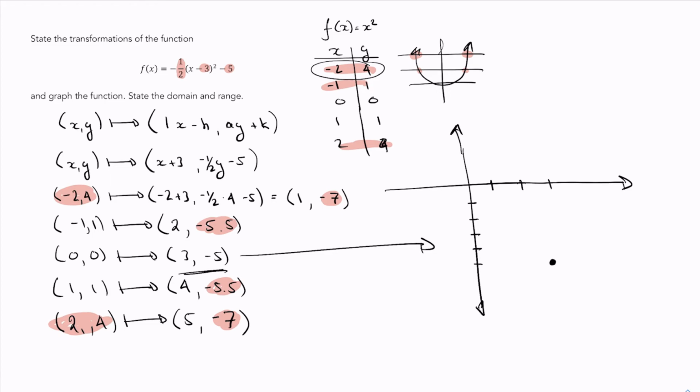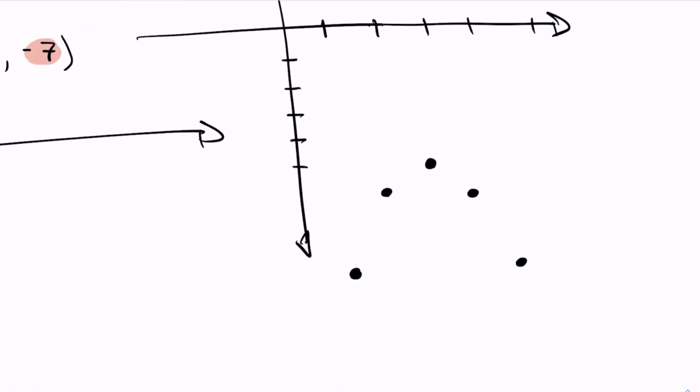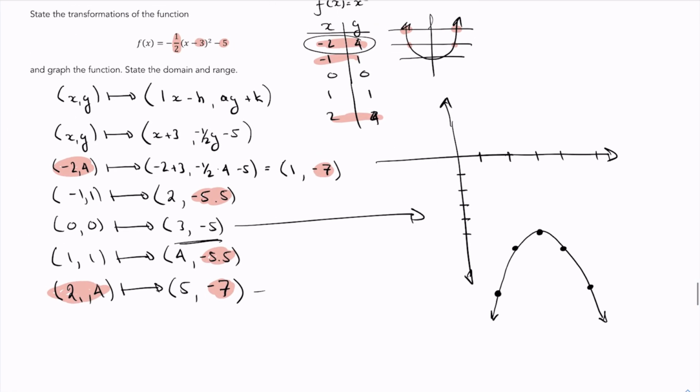One point to the right of it will be 4 and negative 5.5, so roughly over here. And then I'm going to go one more point over, which is going to be 5 and negative 7, which will be roughly, again, I'm just eyeballing this, over here. Now everything on the other side, because this is the vertex, is going to be symmetrical. You can read off the points that we calculated, or just eyeball it. And let me zoom in here. If I connect it with a smoothish line, I get my parabola that's being shifted and reflected and compressed,